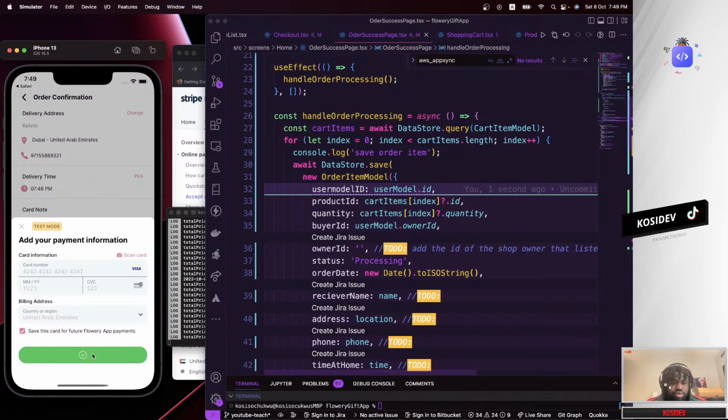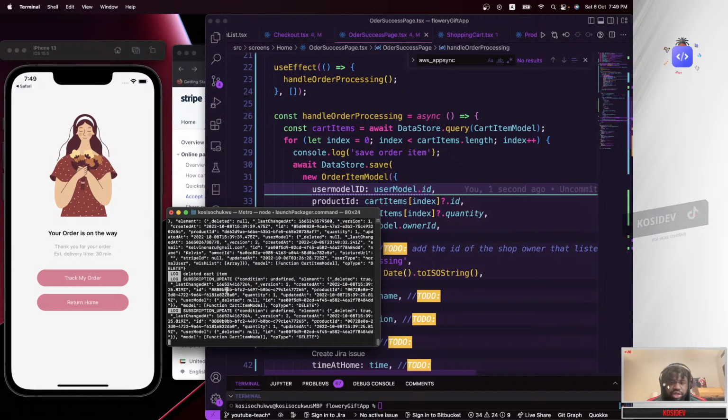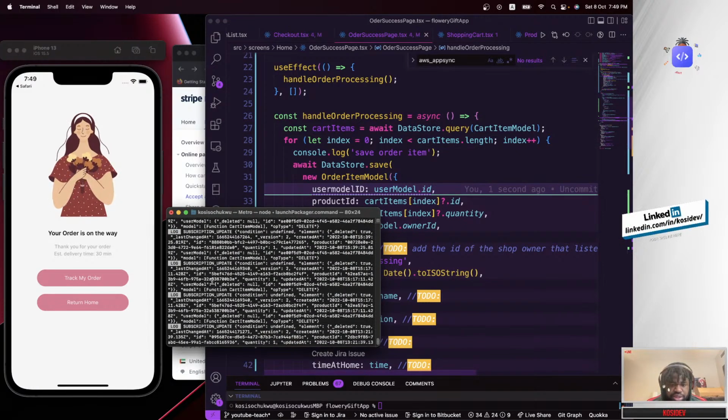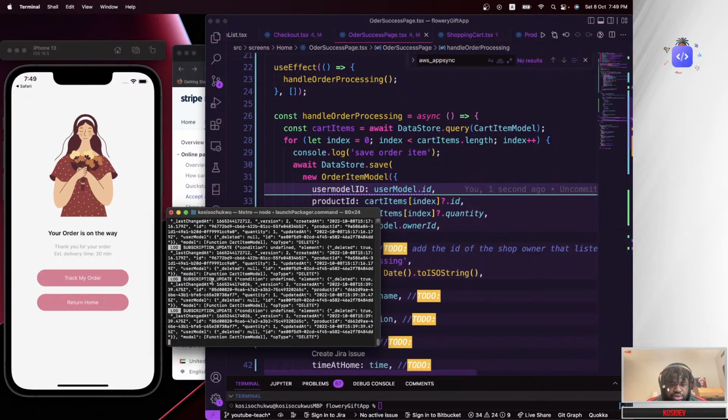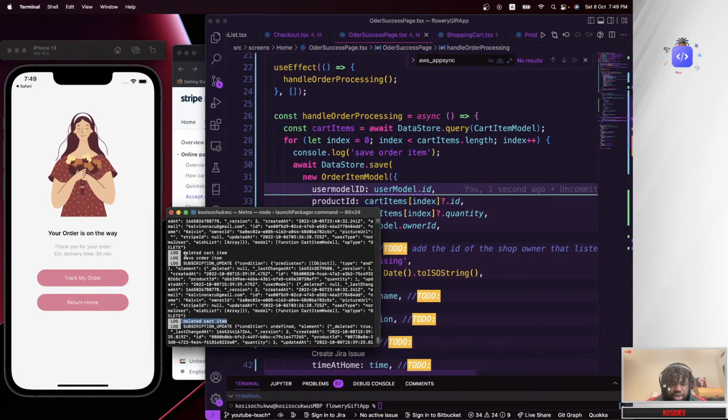So hopefully this worked this time around with no error, and that worked. So we didn't get any error. Let's take a closer look at this. If you scroll up, you can see deleted card being called, which means that it's been deleted.